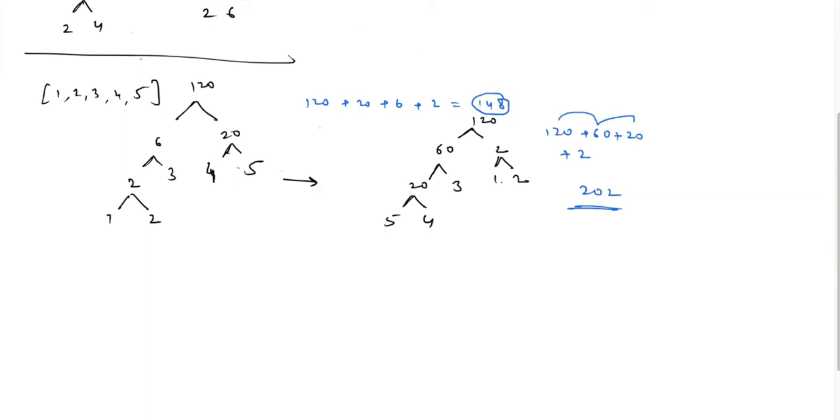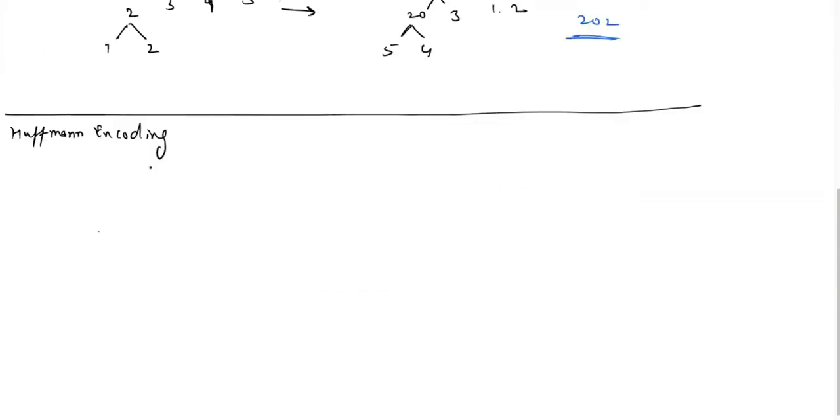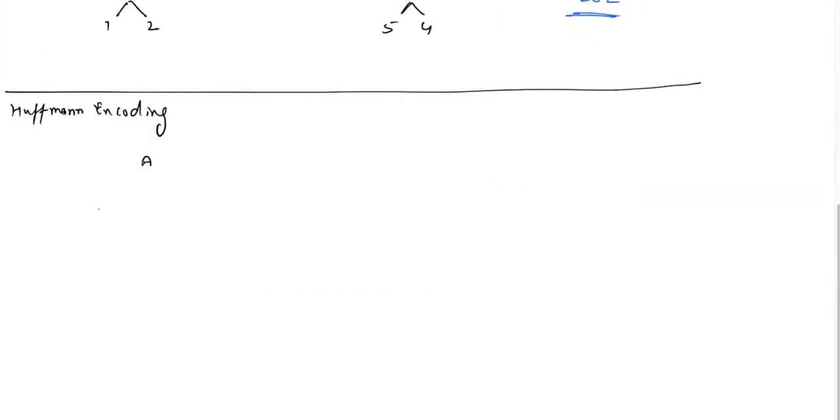So before discussing this question, let's take another question. Let's discuss Huffman encoding. Let's say we are given a file in which we have characters: A, B, A, B, C, A, B, D, C, B, A. Let's say these are the characters. So this file has how many characters? 1, 2, 3, up to 13. So this file has 13 characters, and all the characters are either A or B or C or D.